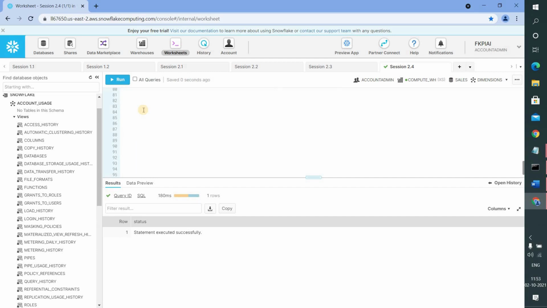When you create clustering keys on a table, Snowflake collects some metadata about the clustered table and keeps that data available in the data dictionary. That helps when it is performing the reclustering in future. So what metadata does it store in the data dictionary?